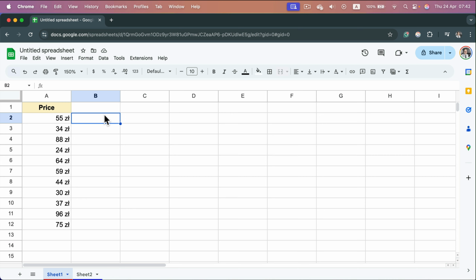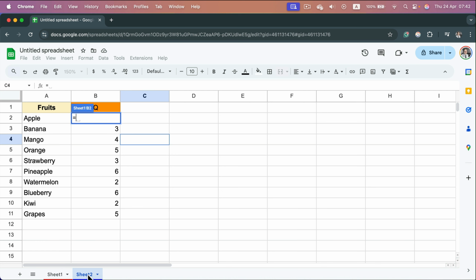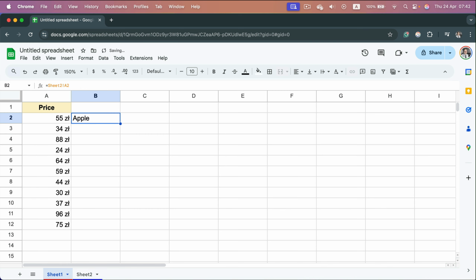So I simply start with equals. Then I head to this other sheet and click on the cell I'm interested in. As you can see, the formula will show. This is Sheet2!A2. So we're referencing a cell in another sheet. So you're putting the name of that sheet in front of it, and then an exclamation mark, and then a regular cell reference. So we got those